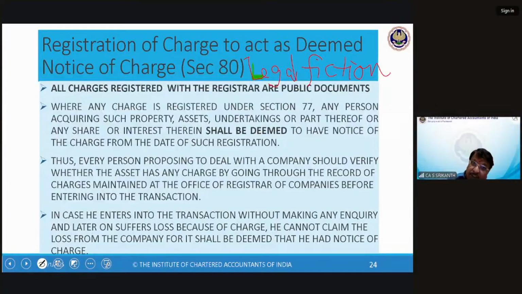But if it is registered, made available to the public, then everybody will be deemed to be aware. Now, Section 80 specifically says, where any charge is registered under Section 77, any person acquiring such property, asset, undertaking, or part thereof, or any share or interest therein,